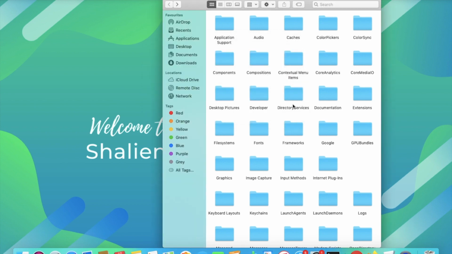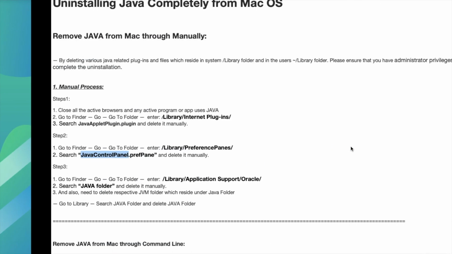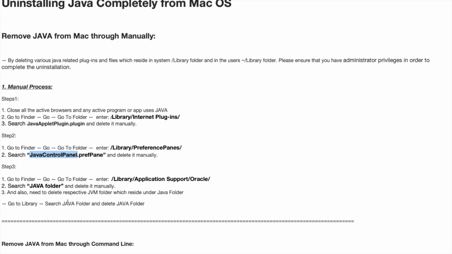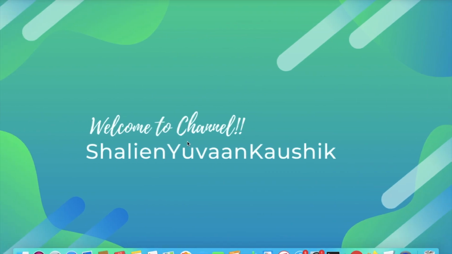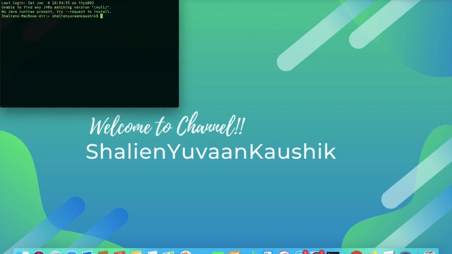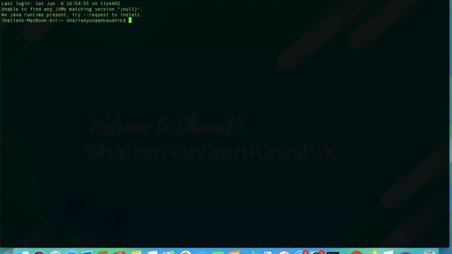All done. Now Java is completely uninstalled from your system. How can we check that? Come back to terminal, and as soon as you open the terminal, it prompts you with a message that it is unable to find any JVM version, no Java runtime present.